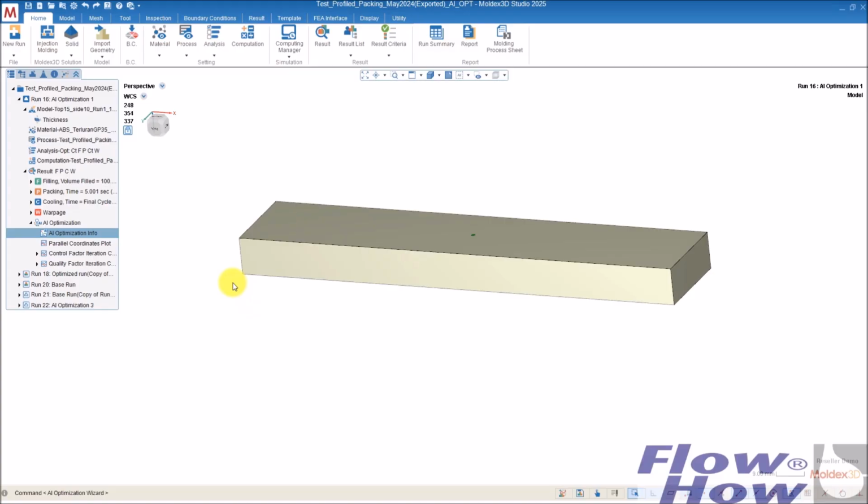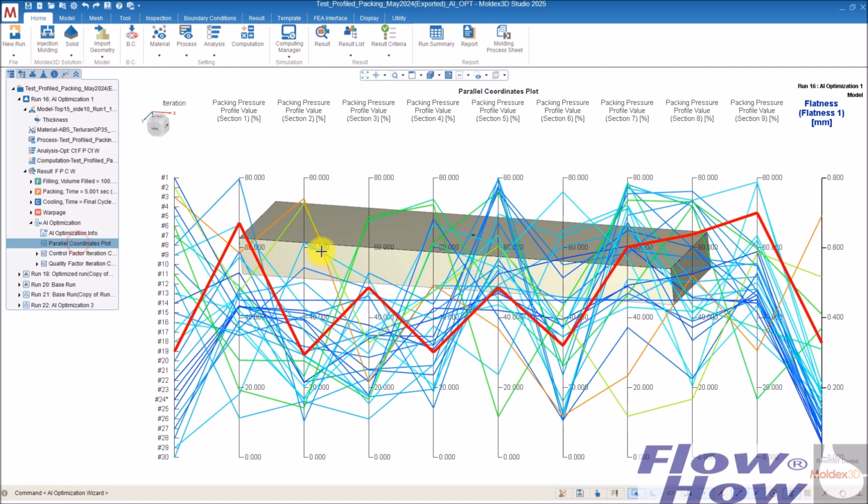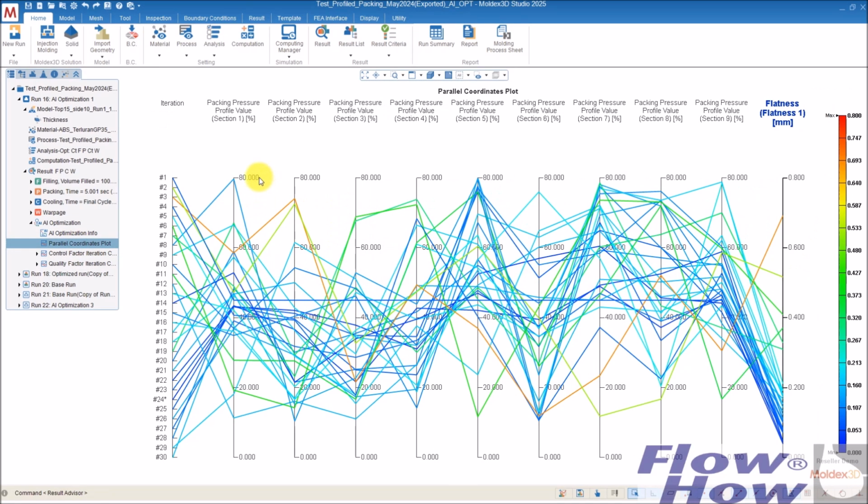Another result that you also get out is the AI optimization. You can take that out, and then you can click here and see the input. Then you have some coordinates based on the iterations, and you can see the flatness out here.